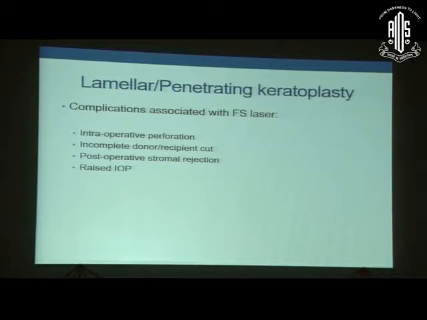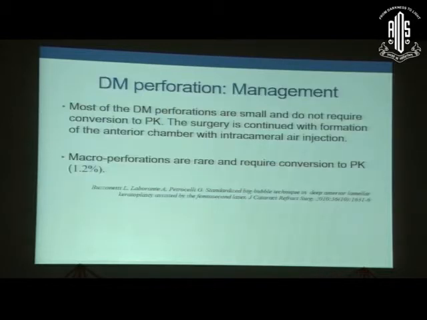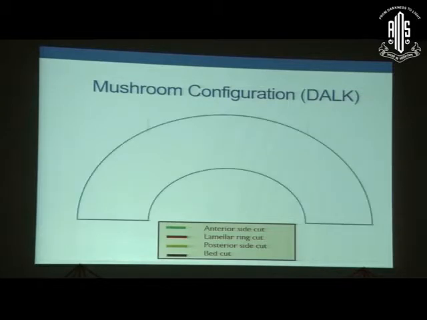Then in cases of keratoplasty, the complications which can occur include perforation, incomplete donor or recipient cut, post-op stromal rejection, and raised intraocular pressure. If there's an inadvertent Descemet's membrane perforation, then you can still get away with it and complete your keratoplasty. The risk of intraoperative perforation is 11 to 15%. Most of them are small, but if they are macro perforations, then you have to convert to a penetrating keratoplasty. Then again, incomplete bed cut or side cut can occur, and I think this has already been dealt with by